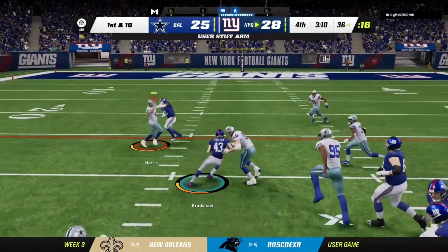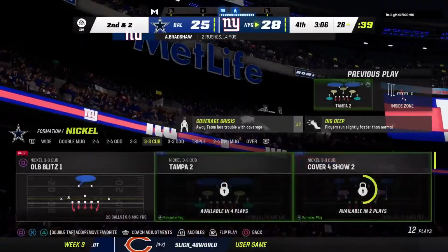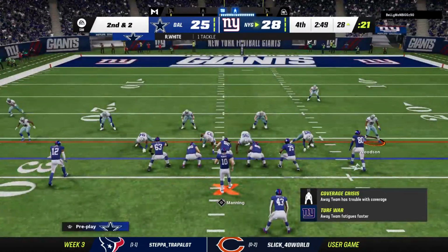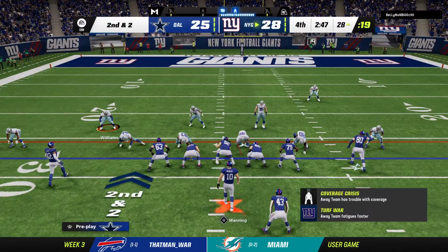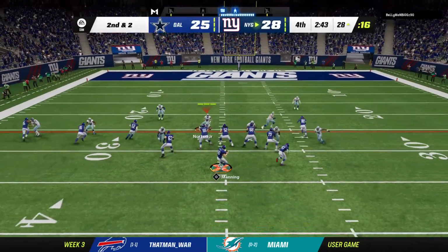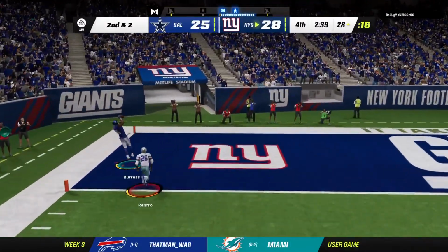On 1st down, Bradshaw. And they'll get 8 out of this before being stopped at the 28. Well, at this stage, that's exactly what you want offensively. Good run on 1st down, stay in bounds, keep that clock rolling. And look at that play chart that the play caller has in his hands right now. That's what you got to focus in on, because that's divided up by...